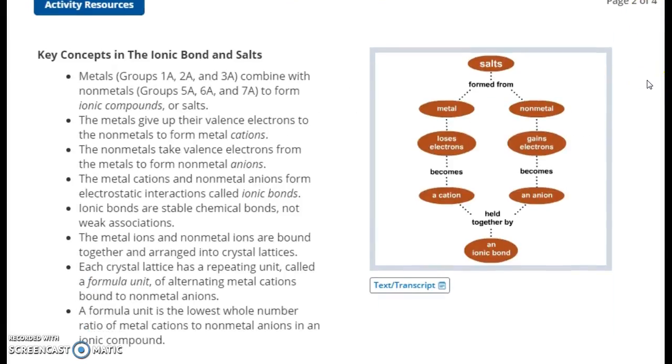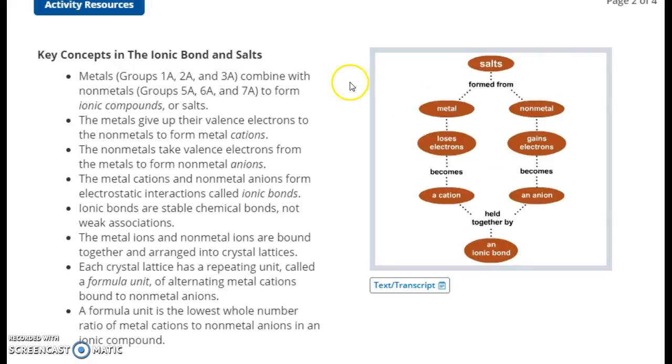All right. Salts are formed from a metal and a nonmetal. The metal loses electrons, becomes a cation, which means it has what kind of charge? Positive. The nonmetal gains electrons, which makes it an anion, and it has a what charge? Negative. The cation and the anion are held together by an ionic bond. We could also say they're held together by the electrostatic forces, so the fact that positive and negative are attracted